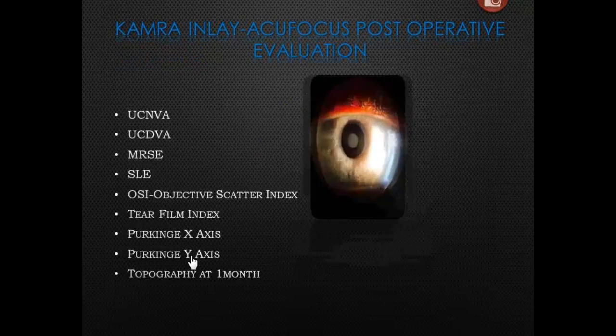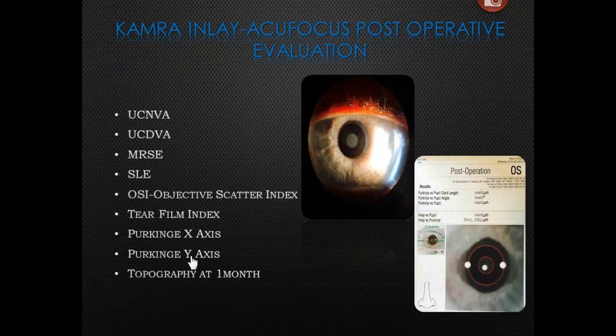Next slide, please. And again, when I do a post-operative exam, this is what I'm looking for. I'm looking for standardization so that every time I see a patient that has had an inlay, I have my technical staff understand how to set the room plate and where to put the near point cards. And so this way, everything is the same each time I visit with the patient. So I look at uncorrected near, uncorrected distance. I do the refraction at 1 month, every time looking at the slit lamp, assessing edema, objective scatter index,